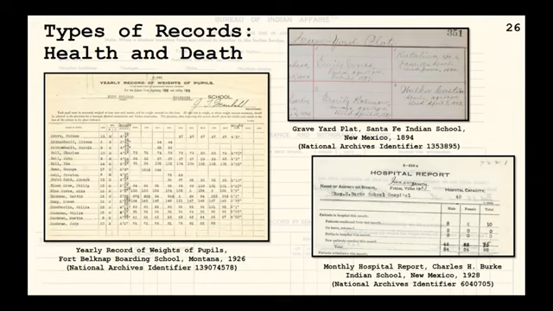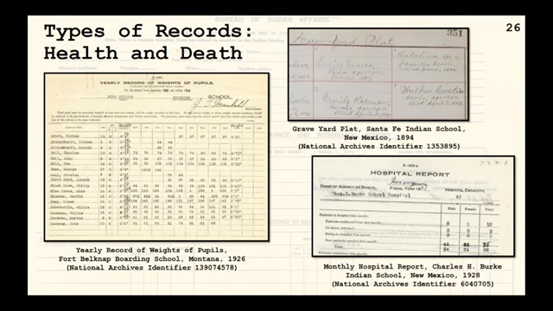Here we see a form for documenting students' weights. We see a monthly report from the Charles Burke School down in New Mexico. Sorry again for bringing up reports. And then unfortunately a plat of the cemetery at the Santa Fe School. BIA records, especially early on, show how cold the agency could be in these regards, sending sick students home seemingly before they passed, or demanding parents pay to ship the bodies home of deceased students or else not get the bodies back. Again, this academic topic is better explained and addressed elsewhere, but here's where the records are found.